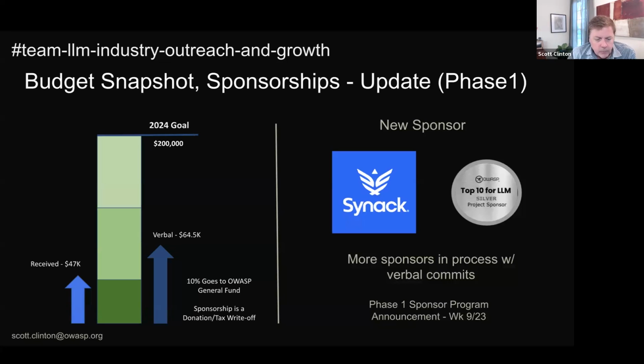If your companies are thinking about sponsoring, obviously you know who to go to. They're also donations, so it's a tax write-off. Unlike sponsoring an event or a conference, anything you spend on sponsorship of our project is a tax write-off. That can sometimes make it easier for people to sponsor if they weren't aware of that.